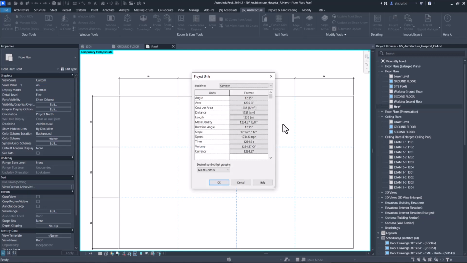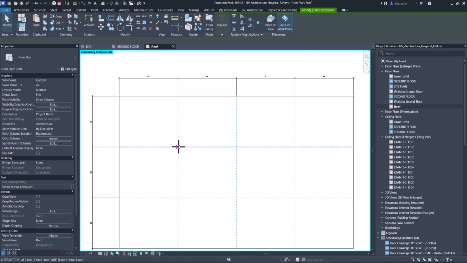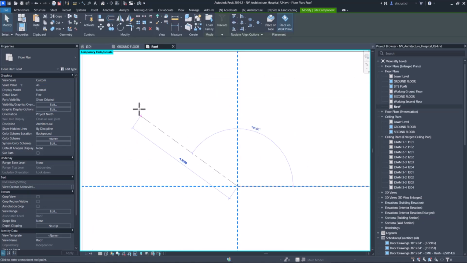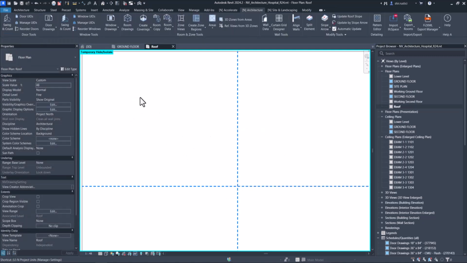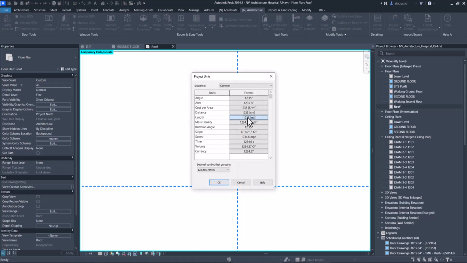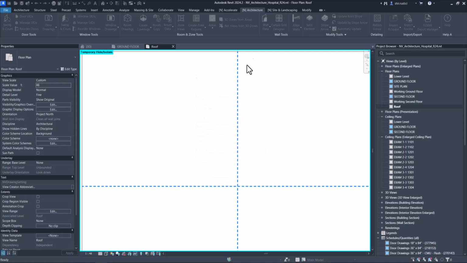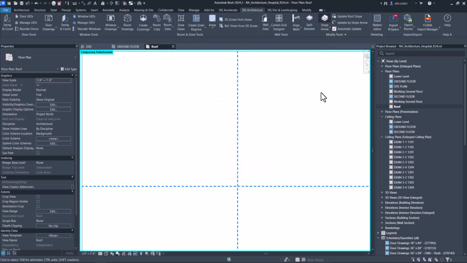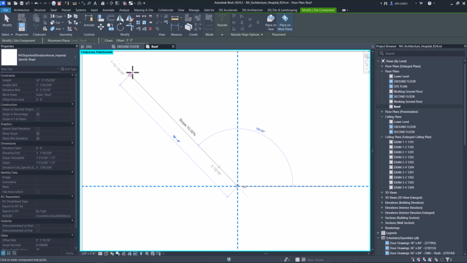Currently, my project units is in metric, which is how it worked previously, where if I would pull up the slope arrow feature and wanted to use it, it was available in metric units, as you can see here on the screen. Now, if I switch my project units to imperial, it will automatically identify what the project unit is and switch the annotation for imperial units. As you can see on the screen, it now shows in fractional feet and inches.